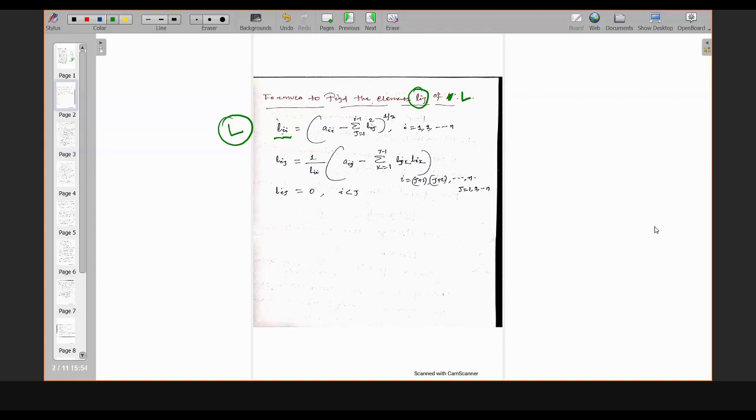Okay, so Lii, the diagonal elements of the matrix L, can be obtained by using this formula. You see, Aii is the